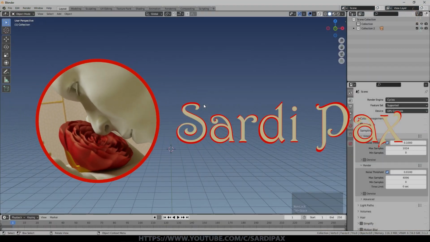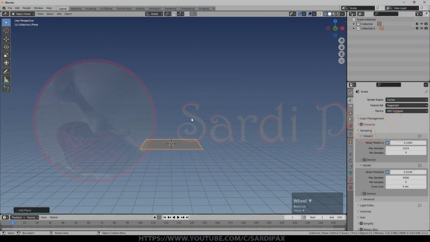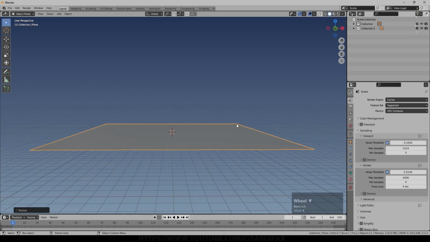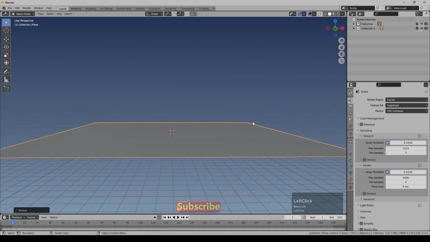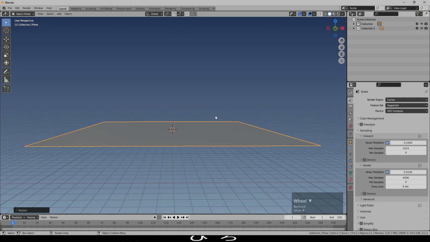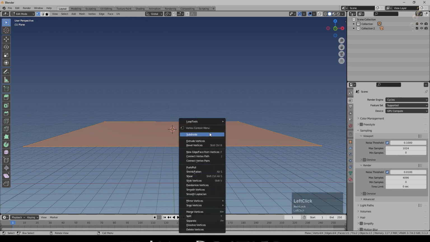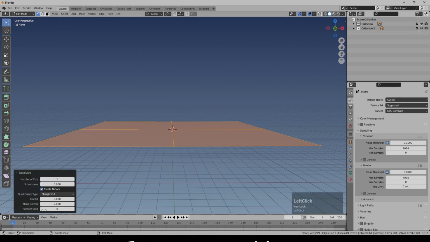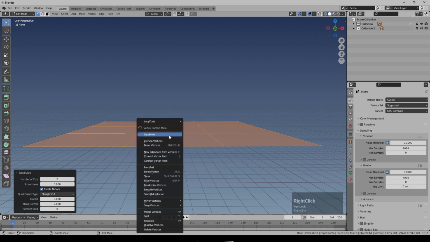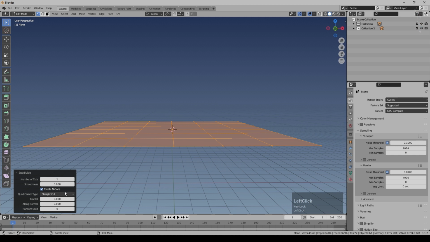So to begin with, we just need to add a plane and we'll scale that up quite a bit. And one of the most important things when you're using geometry nodes to add particles and assets to a scene like this is make sure you apply any scaling or transformation. Otherwise, you may have issues later on. So scale that up a little bit and I'm just going to go into edit mode, right click and say subdivide. And if I open this up, I'll increase the subdivision a little bit and then I'm going to right click and say subdivide again, which gives me a new version as it were.